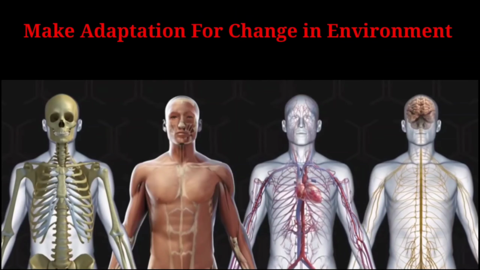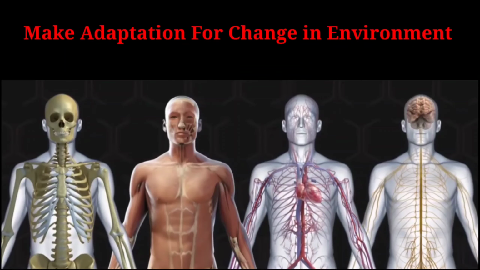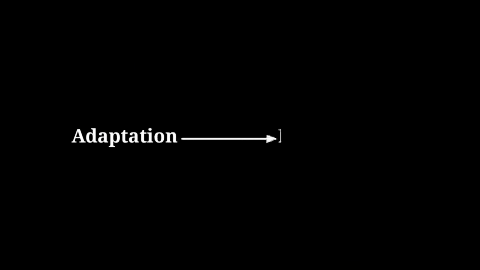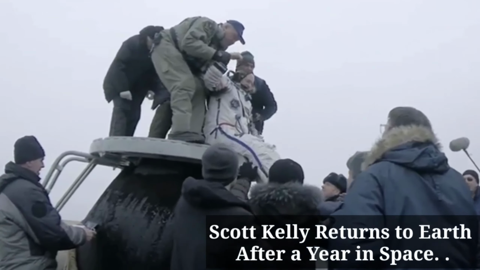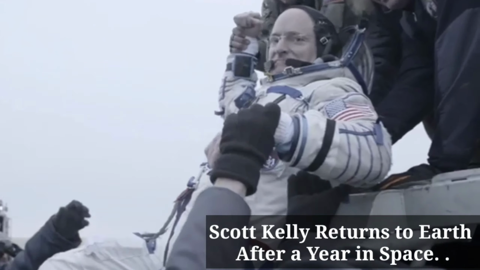And the last is the very challenging post-flight phase. As we all know, the human body makes adaptations to a changing environment. So no matter how well you train, the astronaut's body will develop some adaptation in the space environment. And this adaptation will become an impairment on Earth. When astronauts return to Earth, they can't walk or stand.